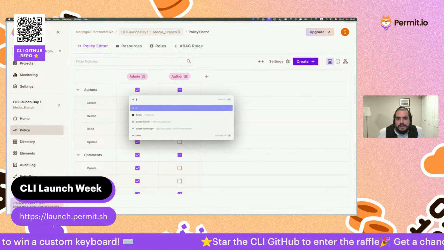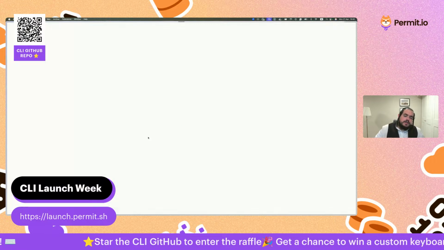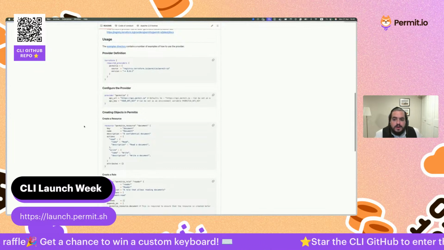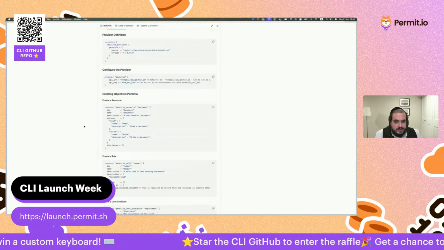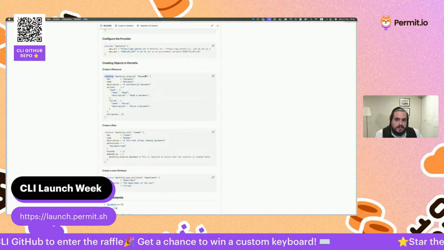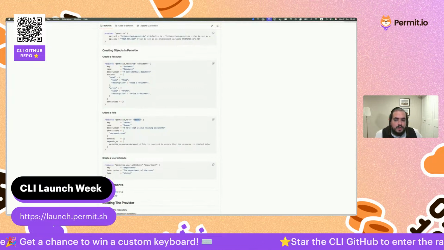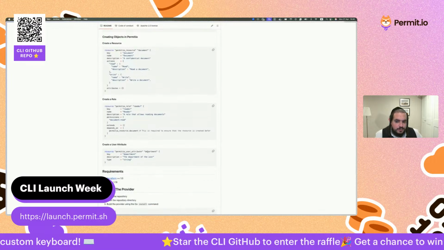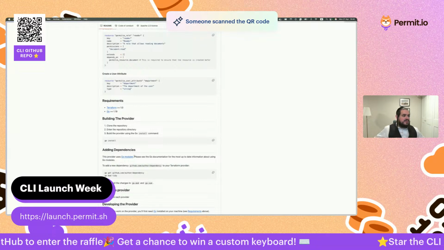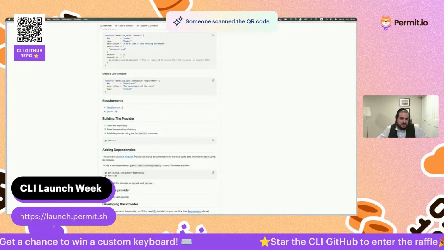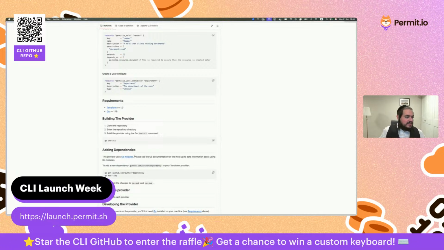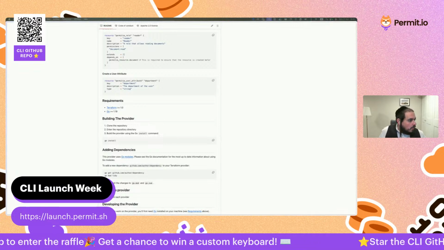If you're not familiar with it yet, Permit has a Terraform provider. The Terraform provider allows you to configure policies in the same way you do any other configuration using Terraform. So for example, what we can see here, you have a resource, for example this document resource, and then you have a role, and you also have a user attribute. So you can create all the configuration. Yeah, the final lifecycle part. Actually, the previous one was also kind of lifecycle, but it's less modern than infrastructure as code. Indeed, infrastructure as code is